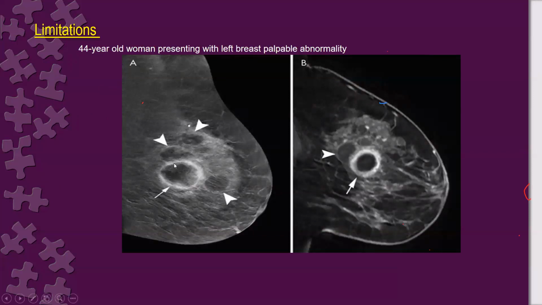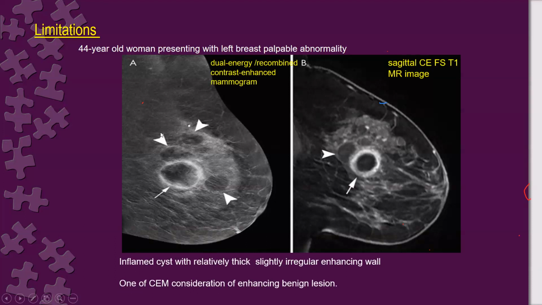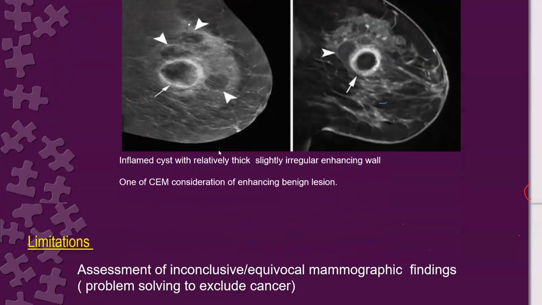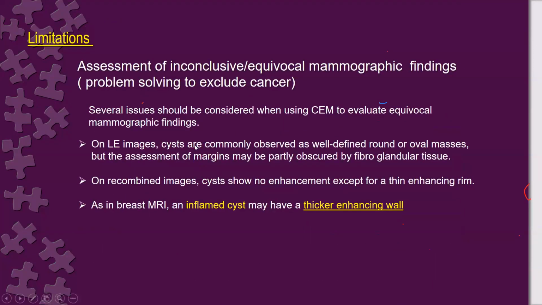We have seen this image before, and definitely this is one of the challenges and limitations of the contrast study when we see this ring enhancement, looking at the mammography to see the opacity. We don't know if it is a soft tissue or a cyst. We need to correlate it with ultrasound. So in the assessment of inconclusive or equivocal findings, problem solving, several issues have to be considered,